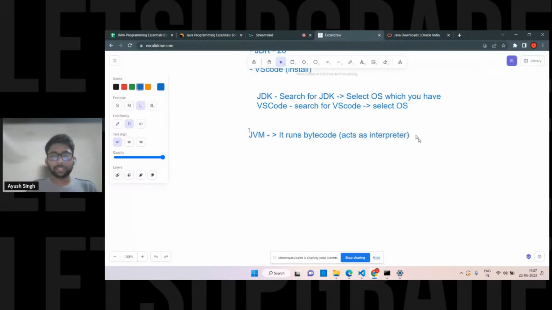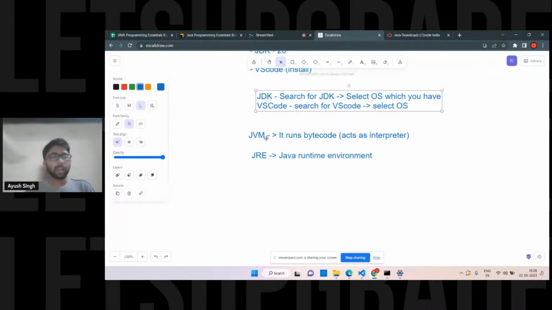And then we have the JRE. A few terms we have to see only, don't worry. This is the Java Runtime Environment, which is a simple software package that includes the JVM. In general, we are not even using the JVM and JRE separately. The JDK will contain all of these things. The JDK is the Java Development Kit, which contains the JVM and JRE.